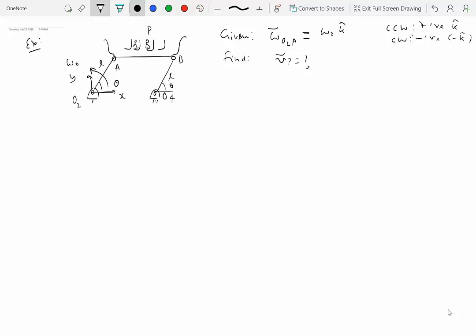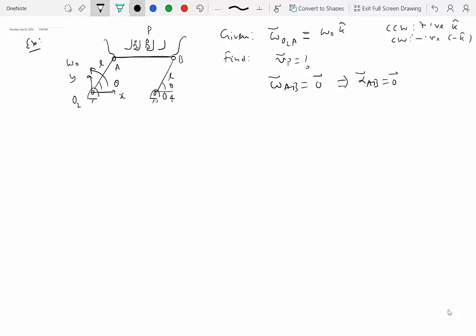Motion of AB, we have already seen, is a curvilinear translation, right? So it's a translation. What does translation really mean? Translation means that it's not changing its orientation. So if it's not changing its orientation, that means what is its angular velocity? Its angular velocity is 0. So omega AB is actually 0, because there is no change in orientation of this line AB, right? Now, its angular velocity is 0 at all instants in this case, right? Okay, so it's not that its angular velocity is 0 at one particular instant, it's 0 at all the time, right? Which also means that its angular acceleration will also be 0.